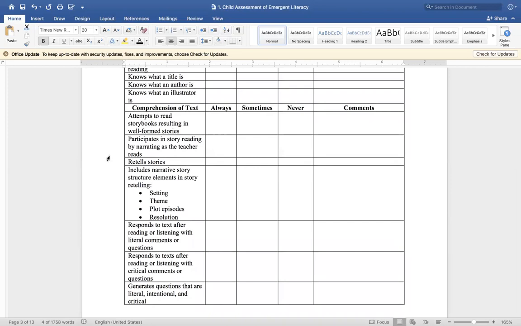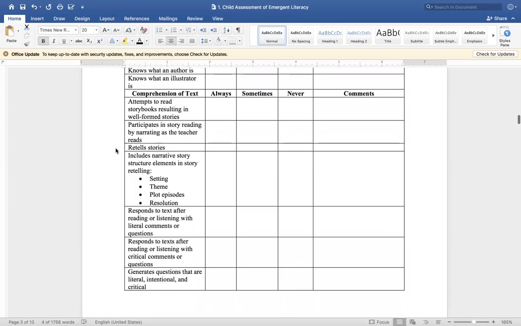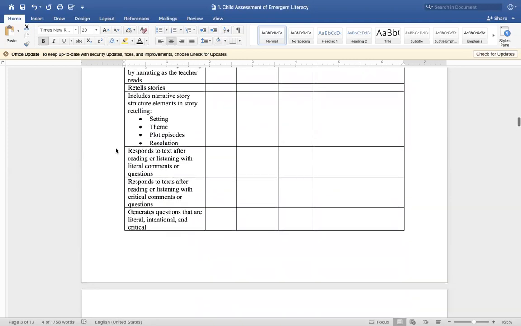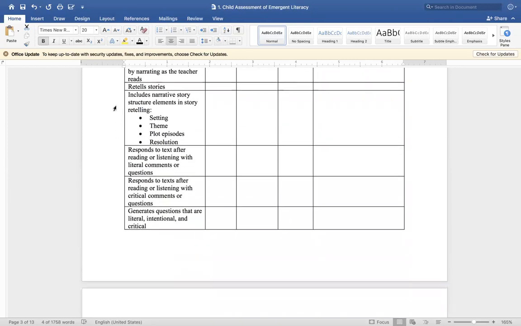For comprehension of text, are you observing children attempting to read storybooks? Are they participating in story reading by narrating as the teacher reads? Do they retell stories? Do they understand that the narrative story elements in the story are the setting, the theme, the plot, the resolution? So some of this is for older children versus preschool, kindergarten. First grade, you're starting to learn some of these things,